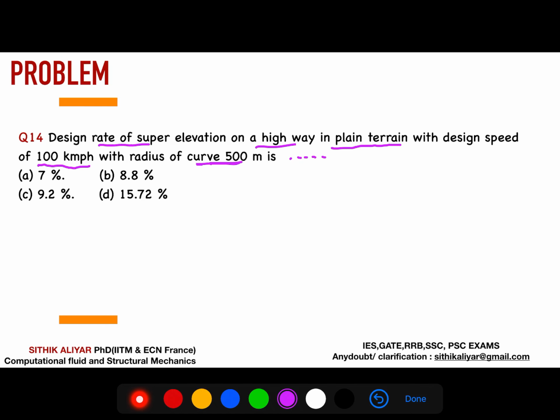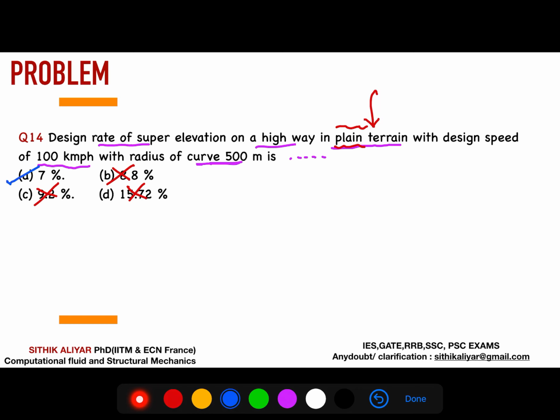Before going into the problem itself, as per IRC, in a plain terrain you cannot have 8.8%. If you remember, in hilly terrain we can go up to 10%. So if they have given a hilly terrain, then you have to design differently. In plain terrain, this is the keyword here. So 8.8% cannot be answered, 9.2 cannot be answered because nothing goes beyond 7, 15.72 cannot be an answer, but